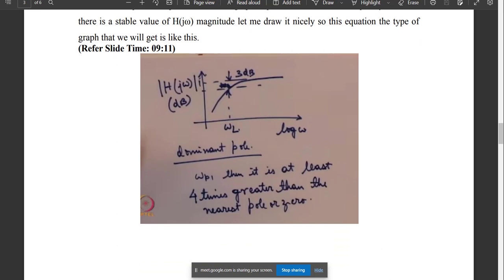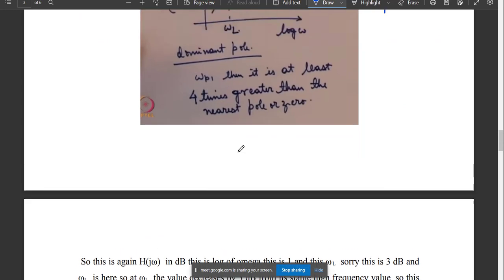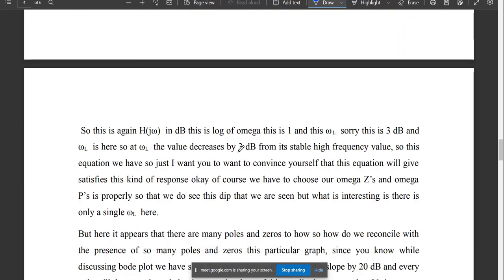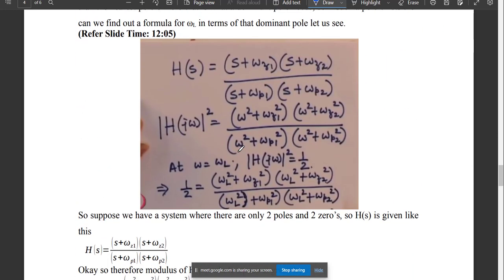यहाँ पे हमारा वैल्यू कुछ भी हो, ठीक है, हमारा H ओवरऑल अगर ऐसा जा रहा है, but at the end अगर वो स्टेबल हो जाता है तो जो पोल की वजह से वो स्टेबल होगा उसको हम डोमिनेंट पोल बोलेंगे, ठीक? आगे जाते हैं।